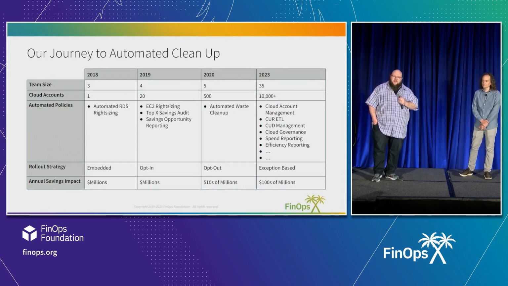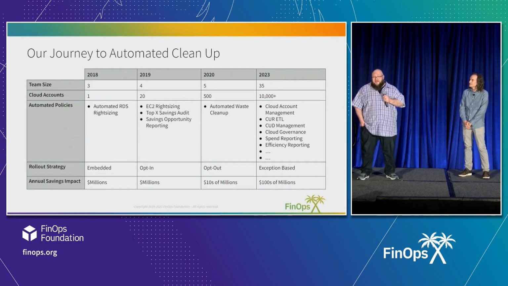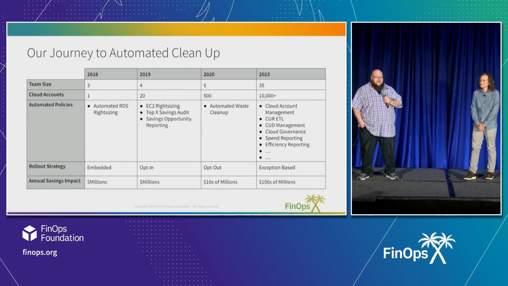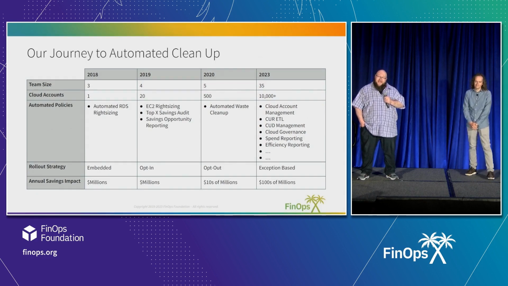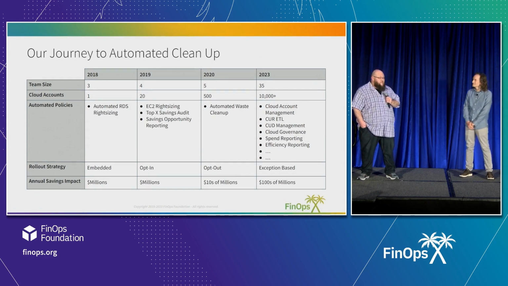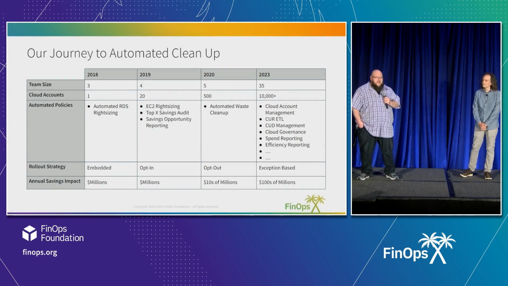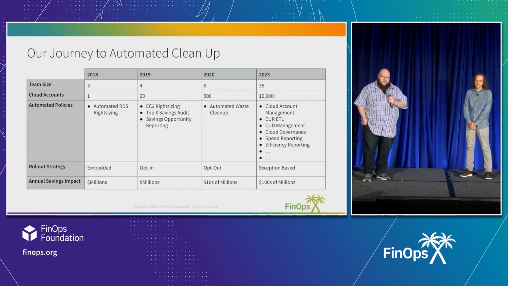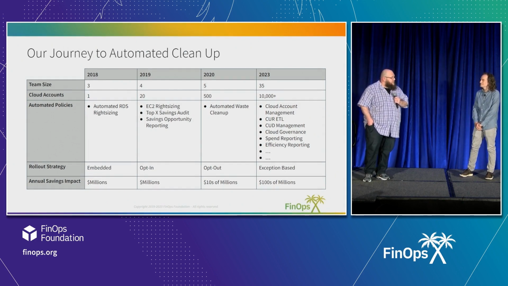Going to 2020, and I think really driven by the success of the program, we got leadership support to expand it out across the entire business unit. And so we grew to about 500 accounts we were managing. And that's where we did our first fully automated cleanup policy. And it was for something really simple. It's unattached EBS volumes. Here we found we couldn't scale to sit down and ask every team for permission. So with leadership support, we basically moved into an opt-out model. We'd communicate to teams and say, on this date, we're applying this policy. Here's how you don't get the policy applied to your account. Let us know. And again, it was a very exciting year.